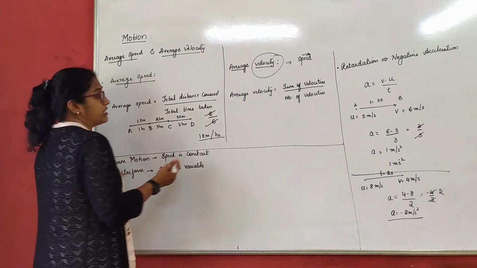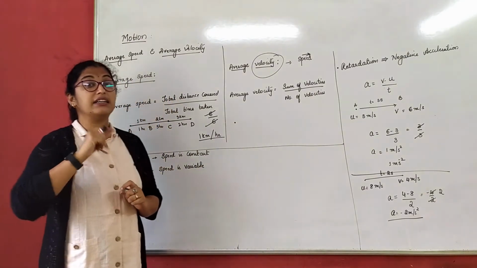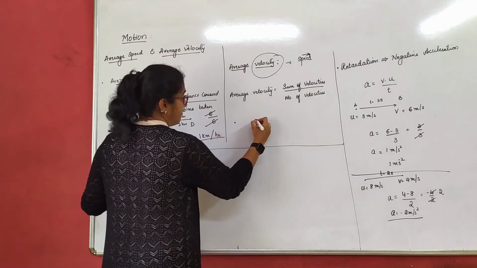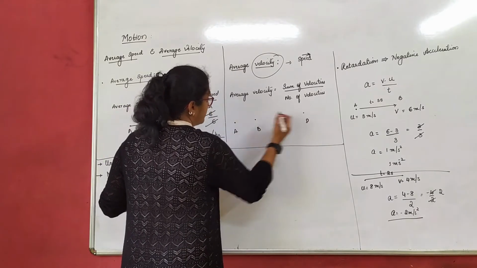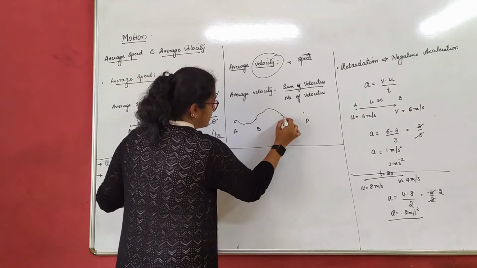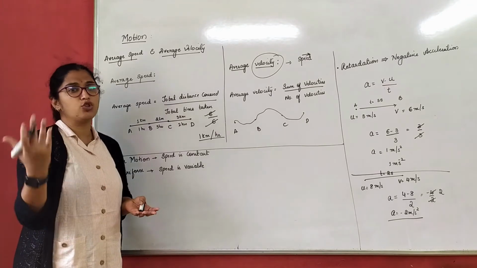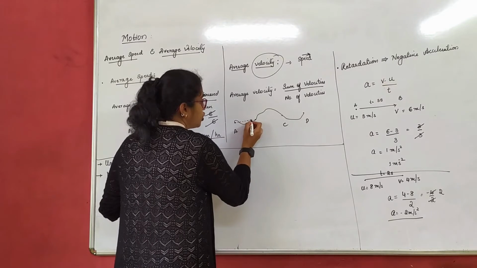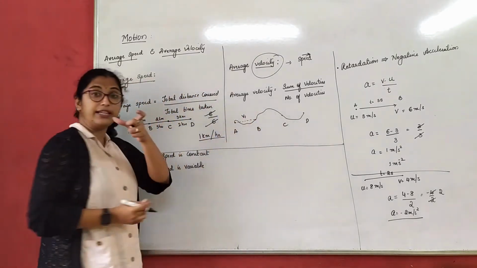Average velocity. Now if I have to find average velocity, again, what is distance covered? It is the actual path traveled. Assume that the same graph I will draw here, A, B, C and point D. Assume that I travel from A to B like this, like this and this, in this way. Okay, because it's the actual path traveled. I choose my own route. But now when we check velocity, it is the shortest distance between A and B. I have to check what is the velocity between A and B.